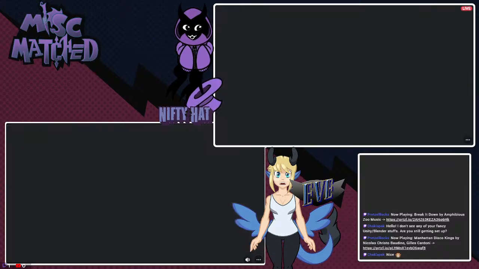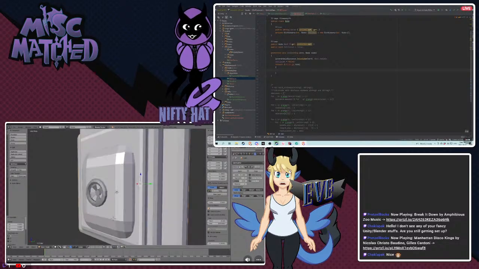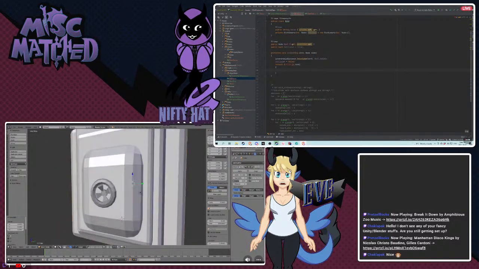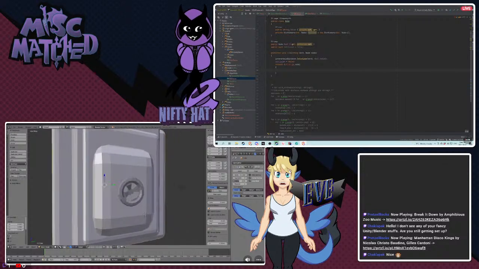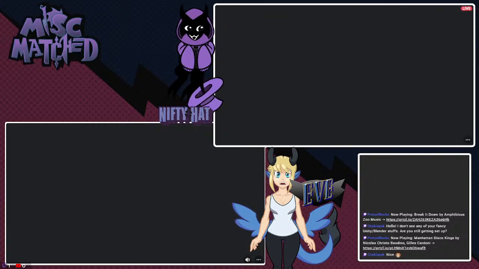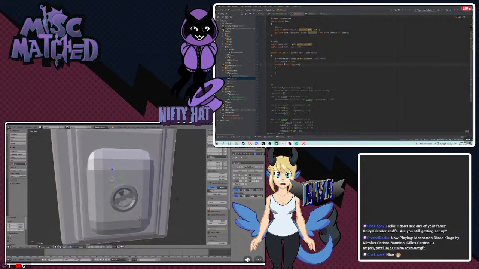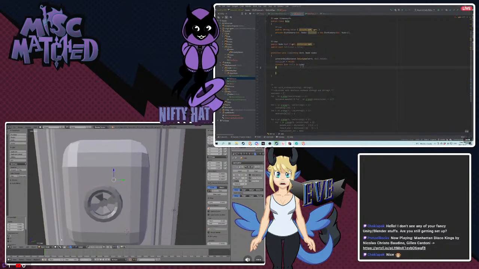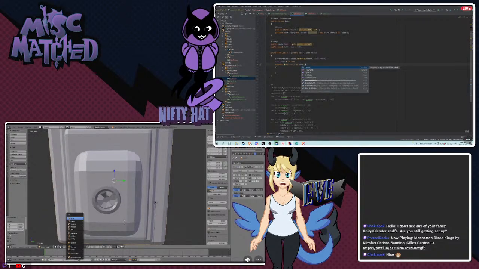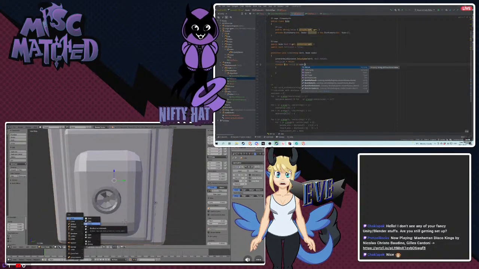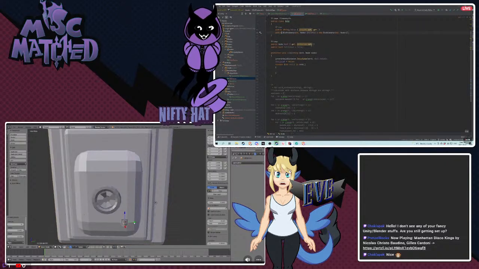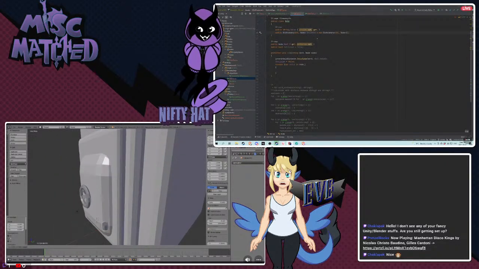I wouldn't know. Does that look like a bulkhead? That's what they're called, right? The little wheelie on a bulkhead. I mean, the wheelie is called a wheel, but you mean the big heavy doors that you close and you spin a wheel on them to keep them sealed up? They're bulkheads, yes. Does that look like one? Looks like one to me. Beautiful. Good, because that's what I was going for. All right. That was unnecessarily aggressive, but sure.